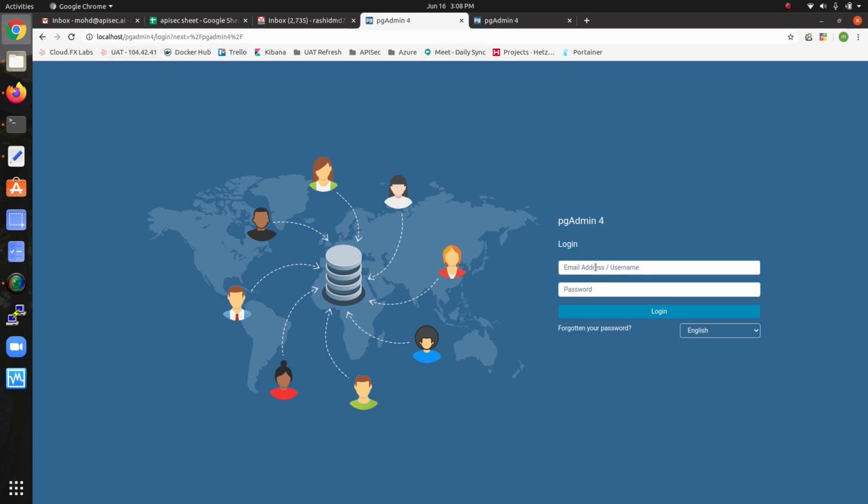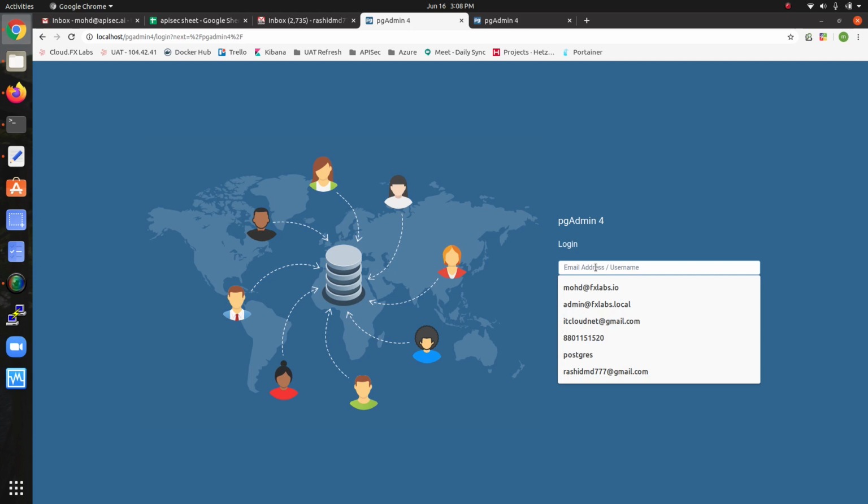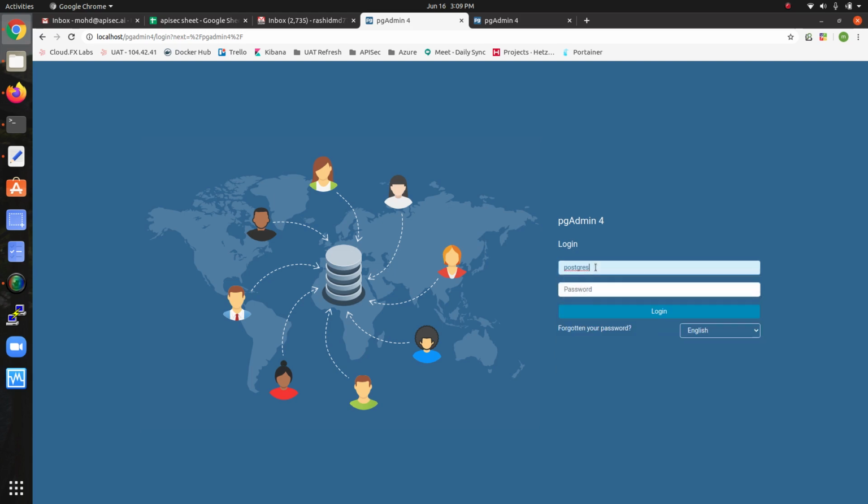I'm going to log in with the postgres user, which I have given the name, and here the password from during the installation. It says the specified user does not exist, which means we need to give the postgres at localhost and 123.